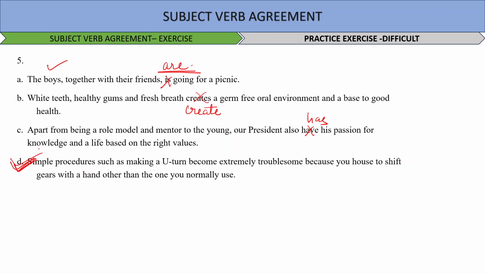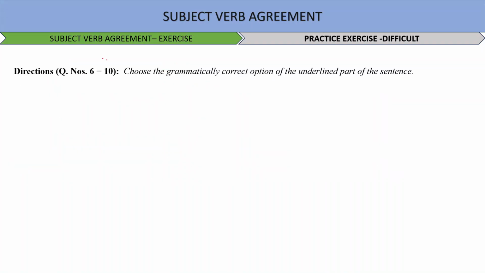Okay, moving on to the next part, difficult level questions. There are questions from 6 to 10 and you have to pick the grammatically correct option for the underlined part. Okay, we have to figure out the alternative of the underlined one. Now let's see. Nobody denies that two hours in the playhouse feels in fact perfectly great. Now you see, nobody, though properly singular, commonly takes a plural verb, right? So according to this,